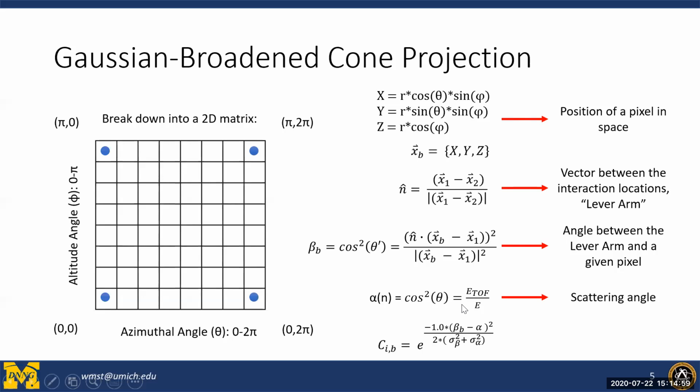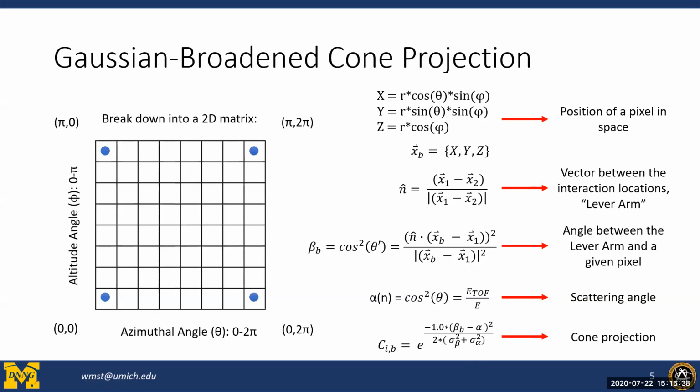So for reference, what we're doing is we're comparing this angle that we found, which is the time of flight over the total energy of the incident neutron, with the angle between our lever arm and any given point in our pixelated sphere. And we simply throw those into a cone projection, and if we are assuming Gaussian broadening, you can see